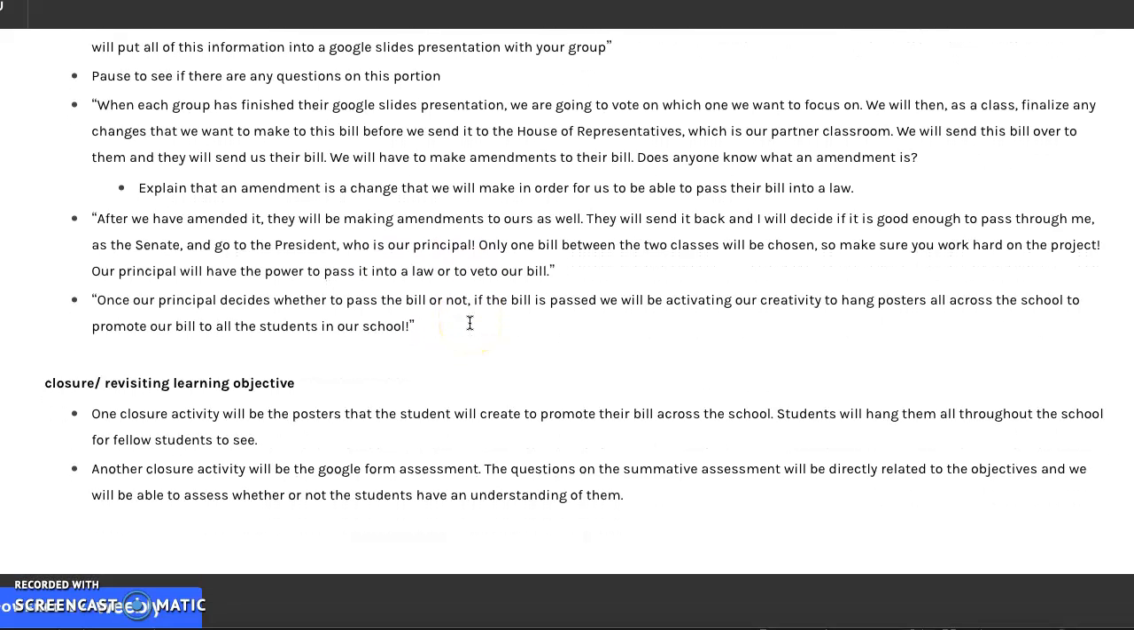as the executive branch. And then once the students were able to get it to the executive branch and the principal signed their bill into a law, then they had to promote their bill or their now law across the school. So they would make posters, hang them around the school about healthy eating or exercise or whichever bill we decided to put through. So I think this is a great lesson, and I think that it went really well